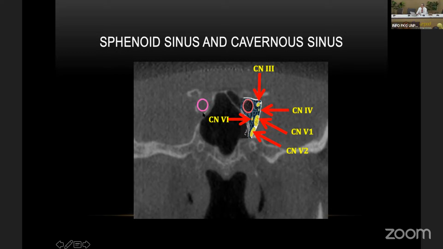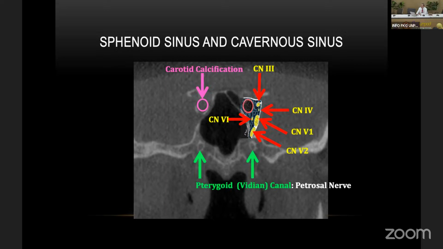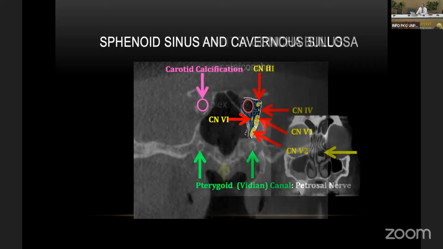Some of you have experienced taking a pano. You see the carotid calcification in the neck, but actually we can see it much more often in the skull base. So when you're looking at the cone beam CT, particularly in radiology, the residents, when you do the interpretation, you need to pay attention to the skull base, and make sure the patients have no carotid calcification there. Now, this is just a normal anatomy, like a Vidian canal or pterygoid canal.